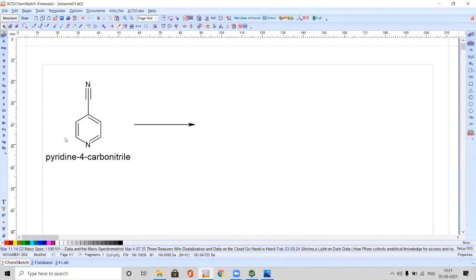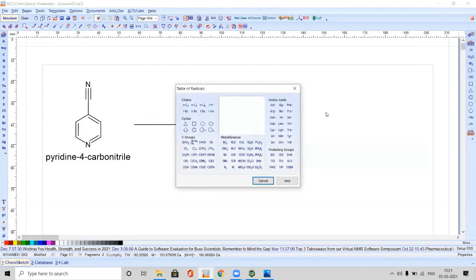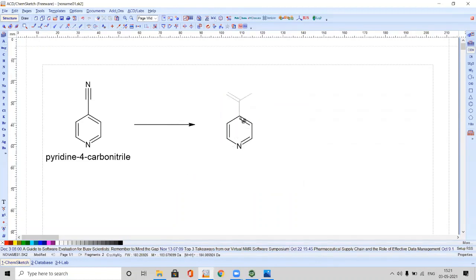Then I will select this one to copy here. I will remove this functional group. I will check whether the carboxylic acid group is present in this table of radicals. Definitely it might be present. Yes, COOH is present here. So I'm clicking at this position. COOH we got. So this is isonicotinic acid.